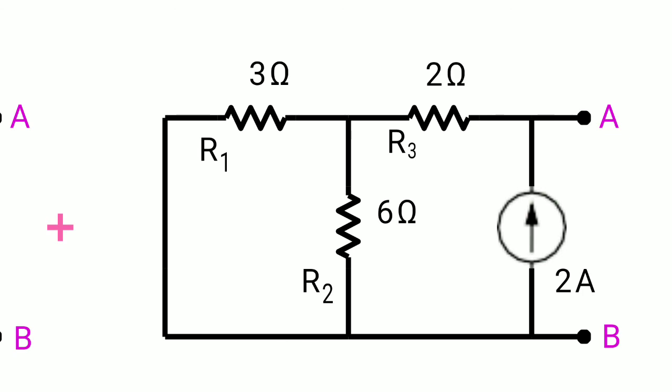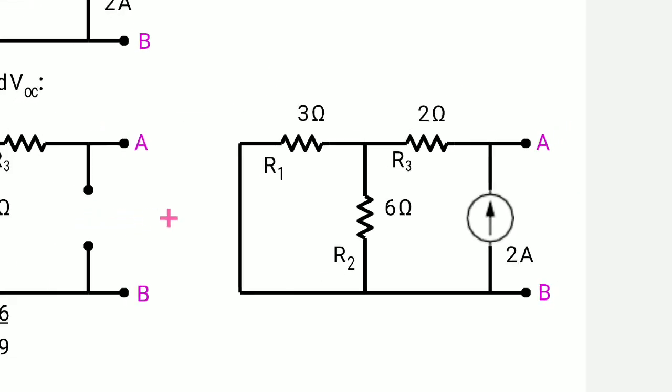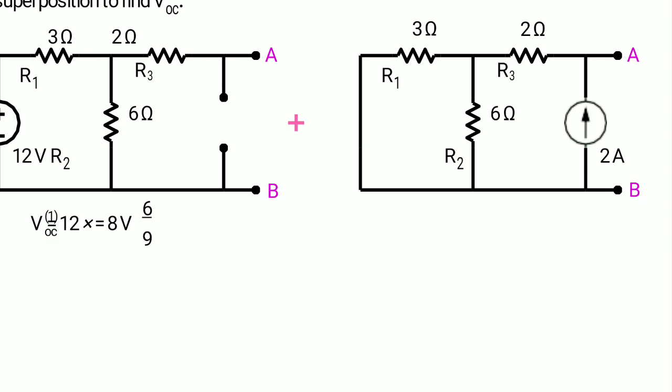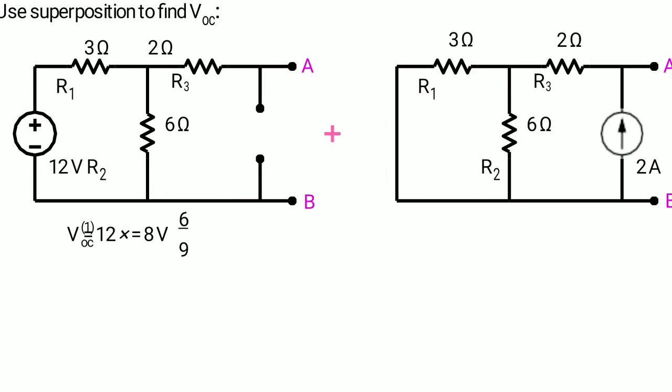The 2 amps current is passing through this 4 ohms, so we get 2 into 4, that means 8 volts. So from circuit 1 and the circuit